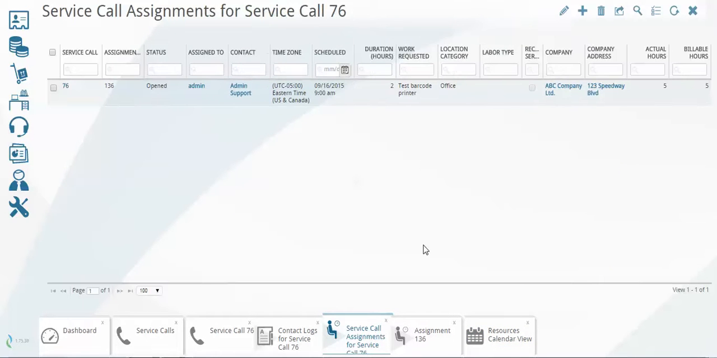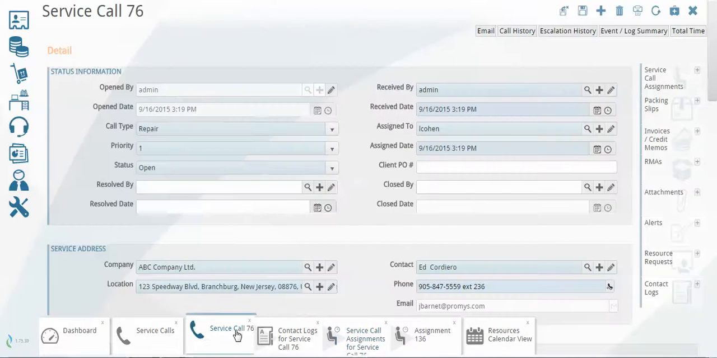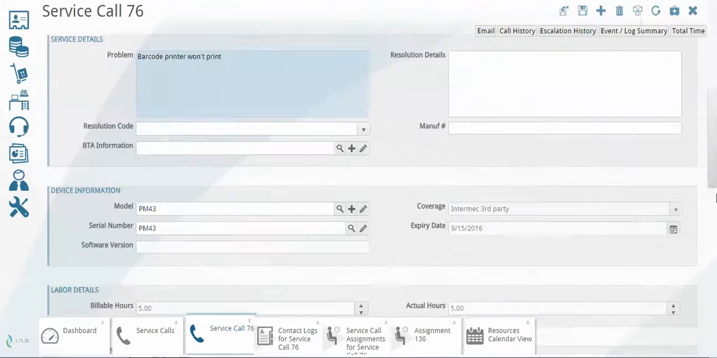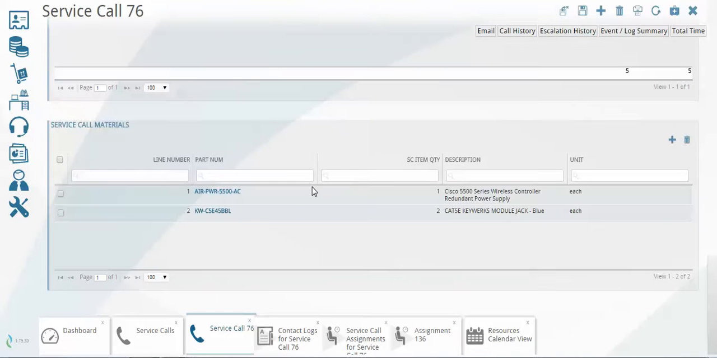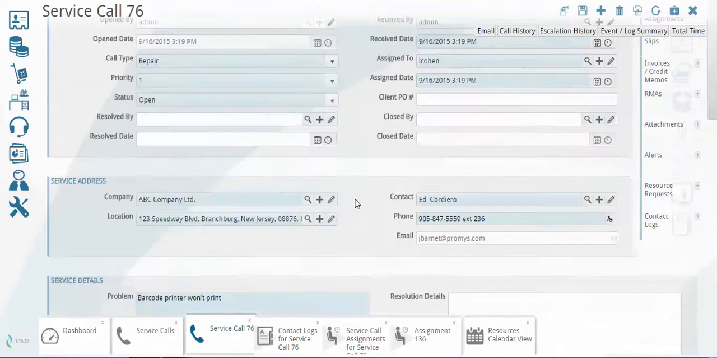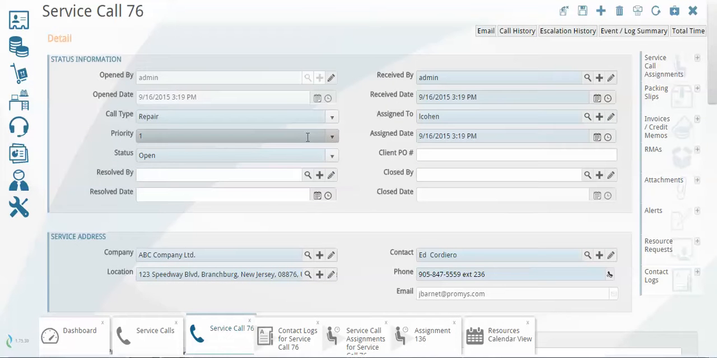And the next thing that I can do in that ticket is I could also log any materials that I consumed as part of the repair. So if I needed to replace the USB cable or a power supply, then I could automatically log those additional parts that were required in order to fix it. That service call could then be set to close status,